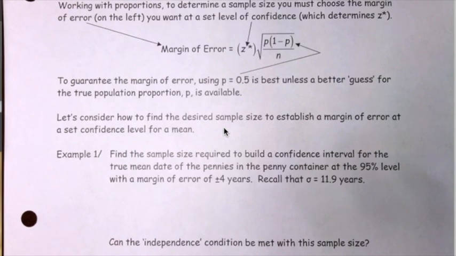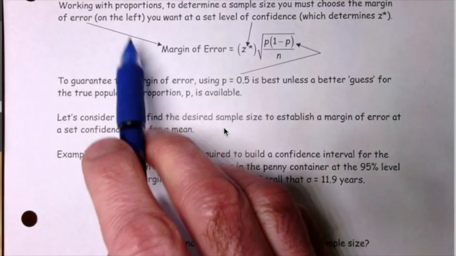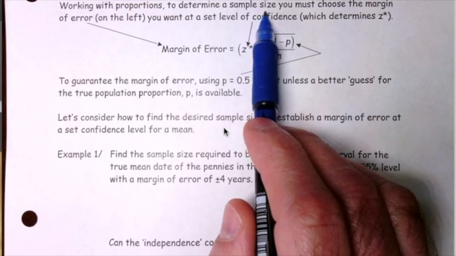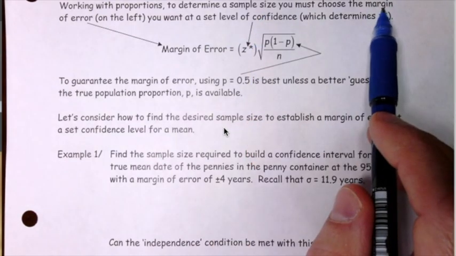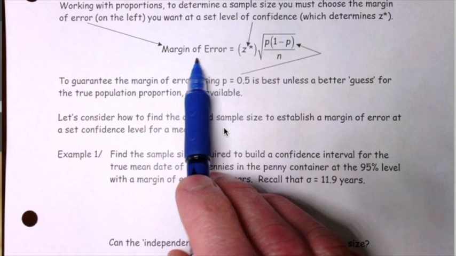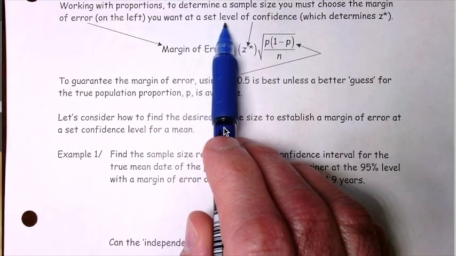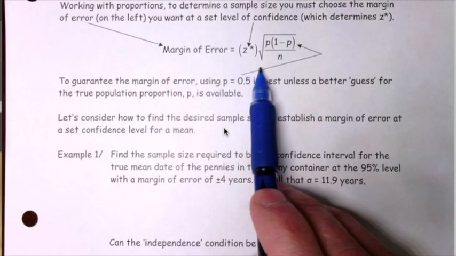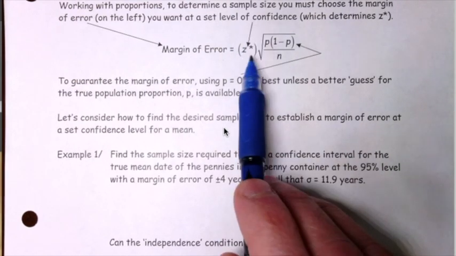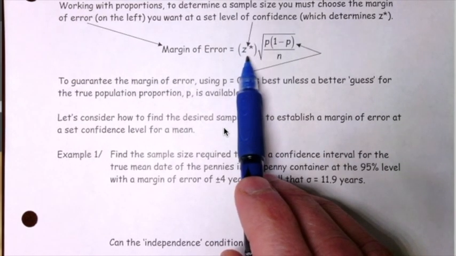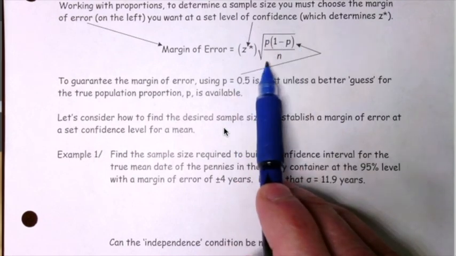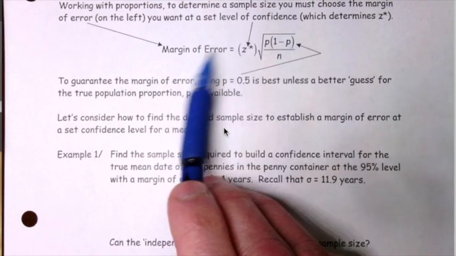If you're building a confidence interval for a proportion and you want to find the sample size that you need in order for your chosen margin of error to be established at a given level of confidence, you use this expression for the margin of error. Your confidence level determines your critical value, your z star. So this is our standard deviation for the proportion,